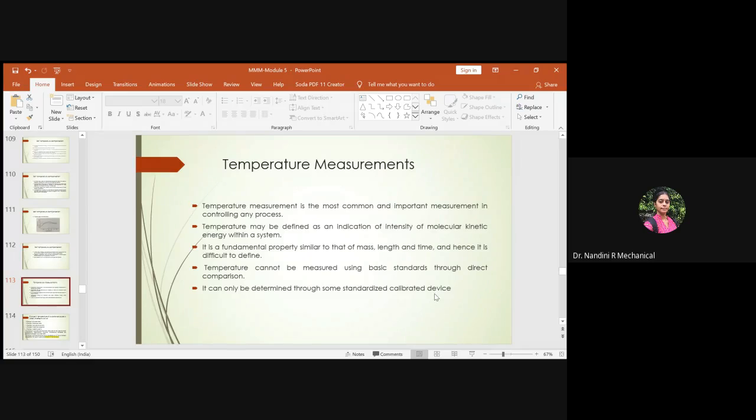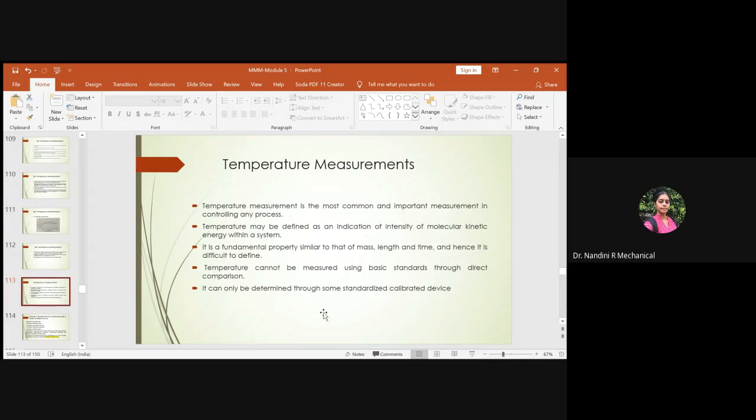Suppose you have a muffle furnace. You keep the material which has to be heated within a ceramic container, because for the material you place inside, you should know its melting point. So you set the temperature of the muffle furnace below the melting point and start providing the heat treatment. That calibrated device, our muffle furnace, will help to show what temperature you have subjected that particular material to for heat treatment.